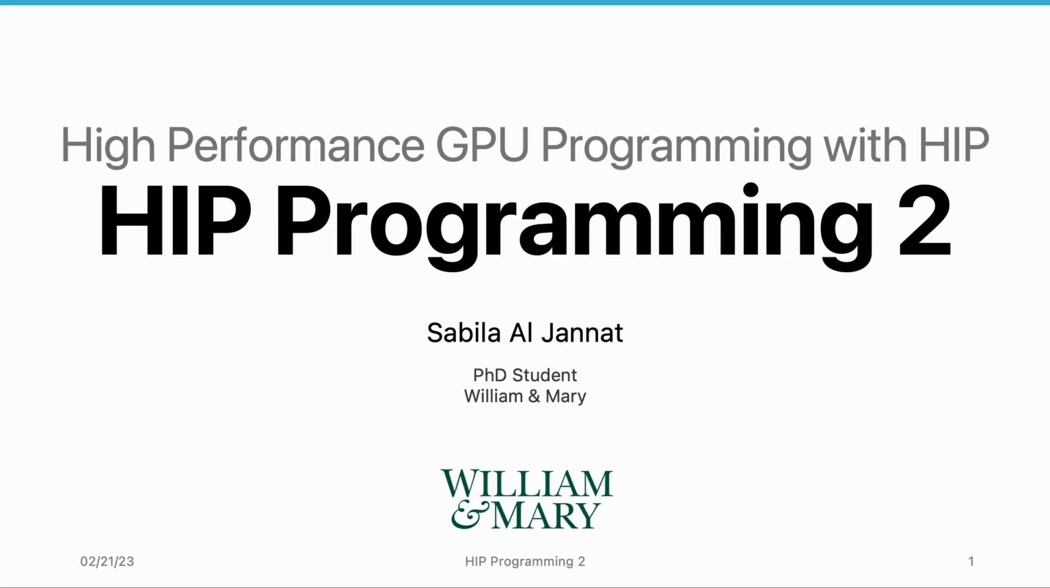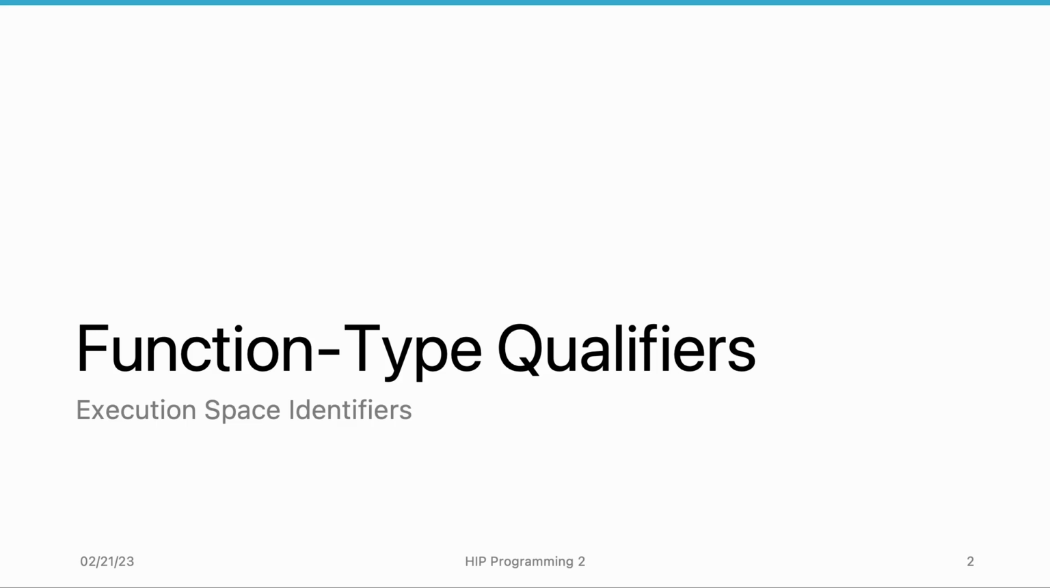Therefore, in this section of HIP programming, we will discuss several new concepts that are slightly more advanced to help you with a more comprehensive understanding of HIP programming. We start with the function type qualifiers in HIP. The function type qualifier in HIP is a concept in GPU programming that is used to specify the type of a function. We use the qualifiers to tell the compiler if the function is to be executed on the CPU,